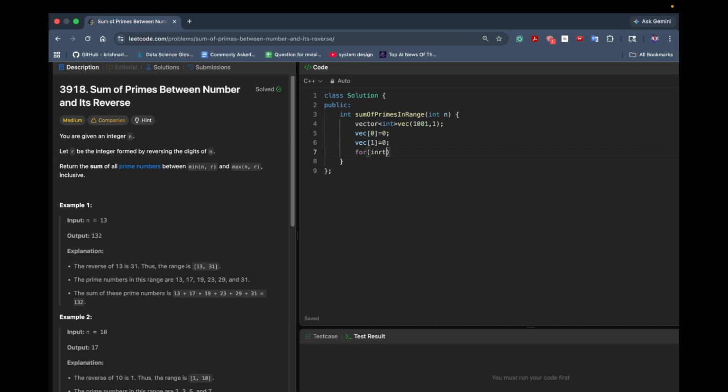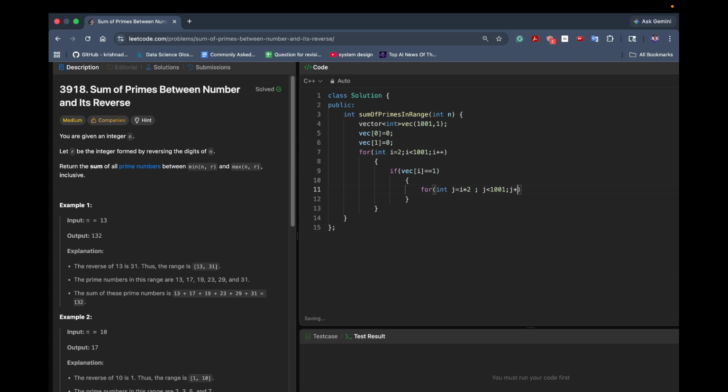For int i equals to 2, and i goes up to 1 less than 1001, so it will go up to 1000, then we'll go for this. And if vec of i double equals to 1, then int j equals to i into 2, and j less than 1001, and j